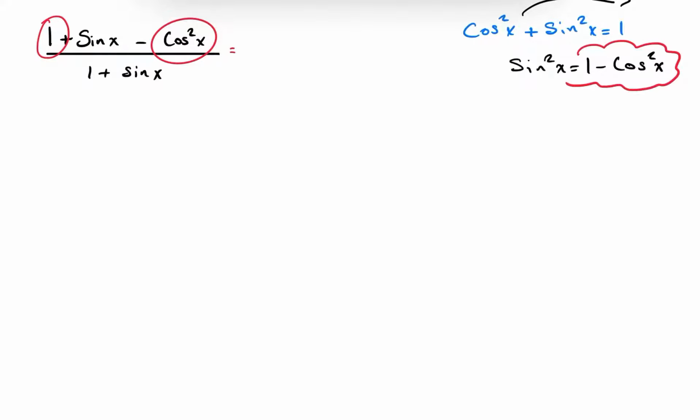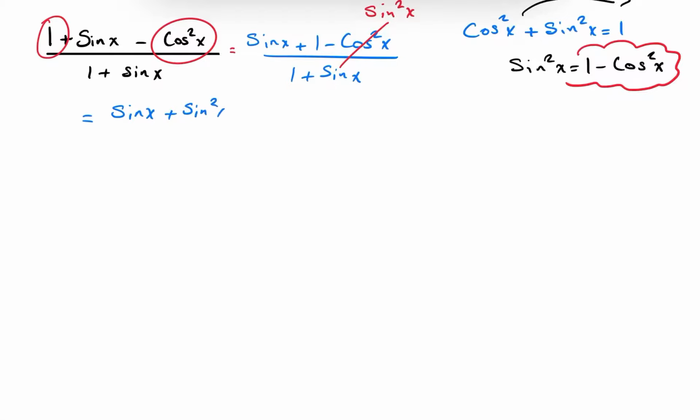Thus, if we rearrange the numerator of this fraction, we can write sine of x plus 1 minus cosine square of x over 1 plus sine of x. Now we can clearly see that 1 minus cosine square of x can be simplified into sine square of x. Thus, we can write the numerator as sine of x plus sine square of x divided by 1 plus sine